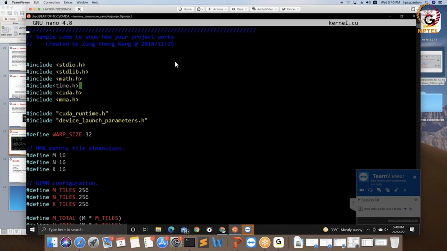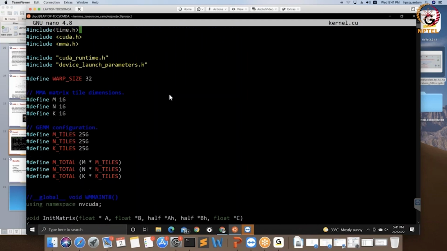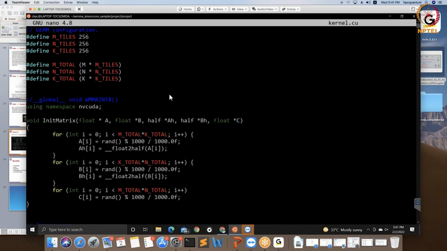Yes, so this is a sample program which talks of trying to use something which is called WMMA. This actually means warp matrix multiply and accumulate. The idea here is you are trying to use these matrix tile dimensions. Okay, yeah, so this is actually WMMA